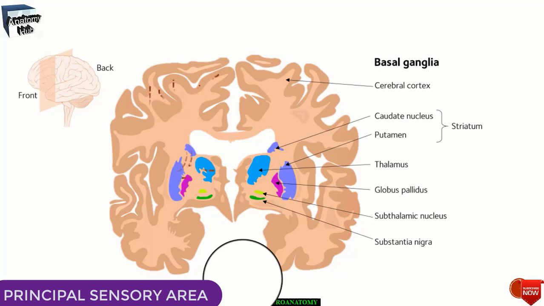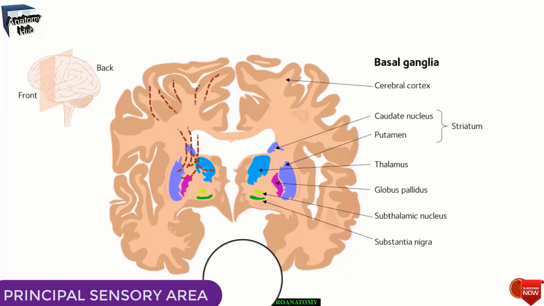So, if you find a lesion of the primary sensory area, that leads to loss of appreciation of exteroceptive and proprioceptive sensations from the opposite half of the body. Crude touch and temperature sensation often return, but this is believed to be due to the function